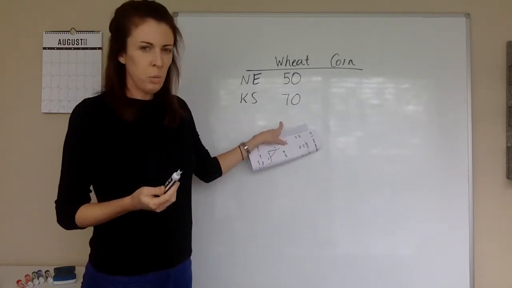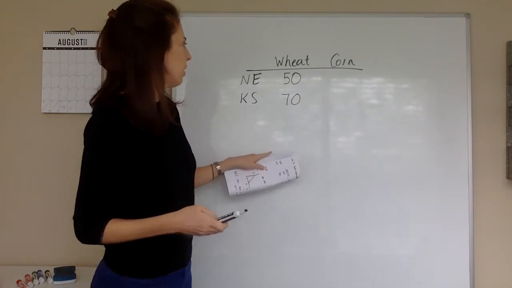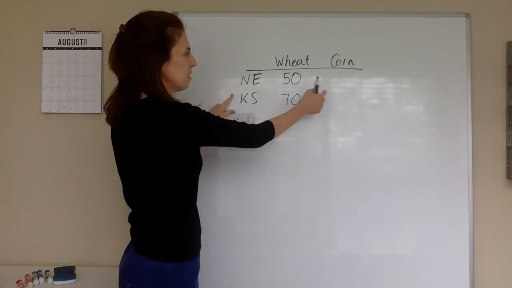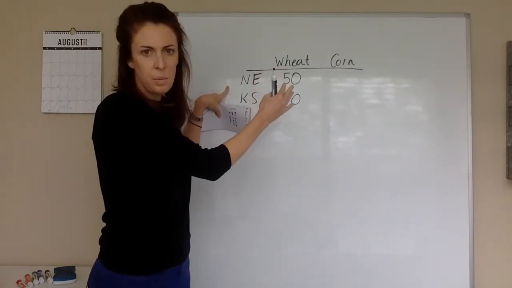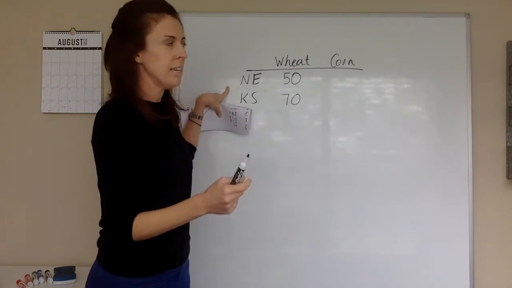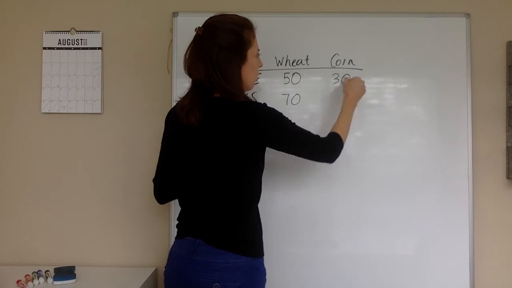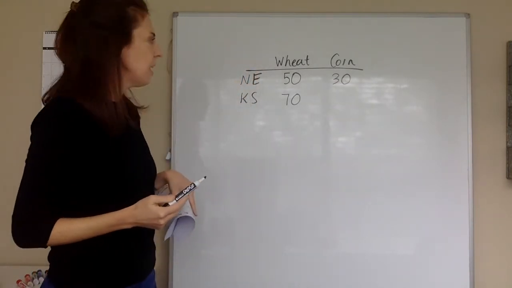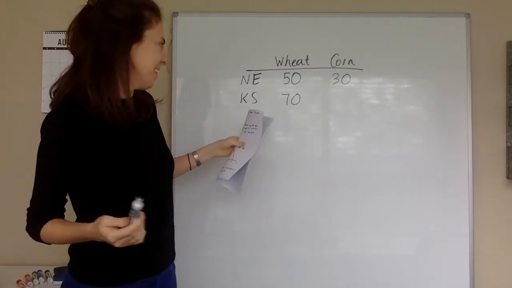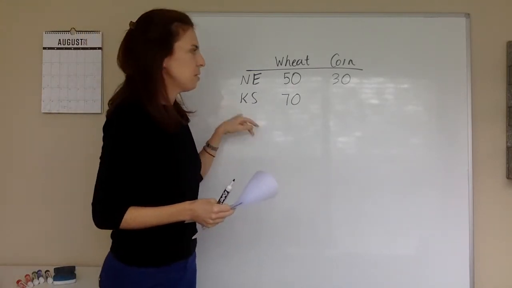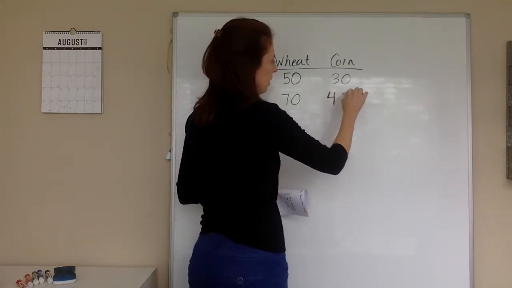Corn is a little bit harder to grow than wheat because corn requires more water and it's just a little bit more sensitive. So even in Nebraska, they can't make as much corn as they can make wheat. So maybe if Nebraska decided we're just going to punt on the wheat and we're going to make corn across all of our land, then maybe at most Nebraska could make 30 units of corn in a year. And Kansas is awesome. So Kansas can make more of everything than Nebraska. So maybe if Kansas decided to punt on wheat, then over the course of a year, Kansas could make up to 40 units of corn.